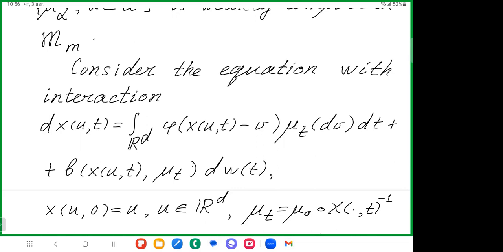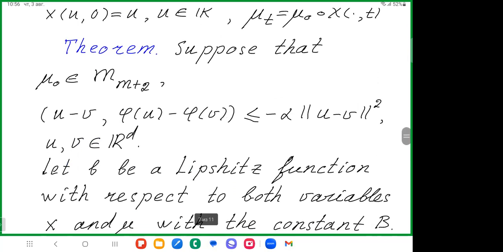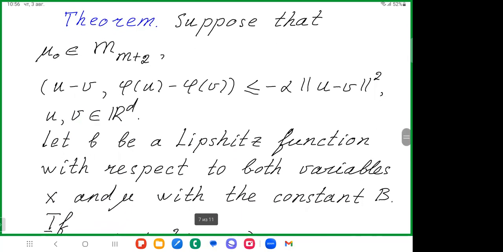It does not matter. It can be written in general form with the Gaussian measure instead of one Wiener process. And now the following theorem becomes true. Suppose that the initial measure mu0 is in the space M small plus 2, and this phi satisfies such a coercivity condition that the inner product of the difference of arguments on the difference of phi's